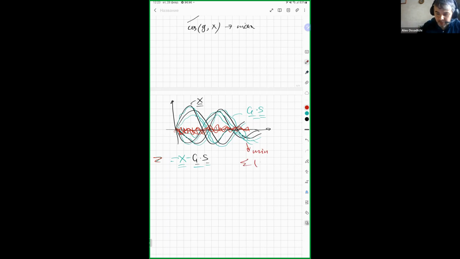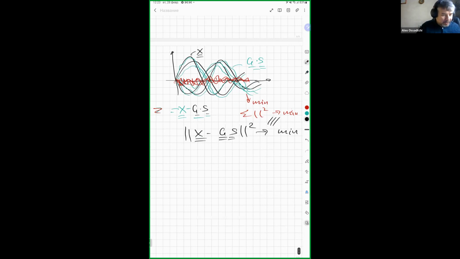The sum of squares you want to minimize. That's what X minus GS squares minimize means. All right. So let's proceed in exactly the same manner. Well, we can take the derivatives, but let's not do it. Let's do this